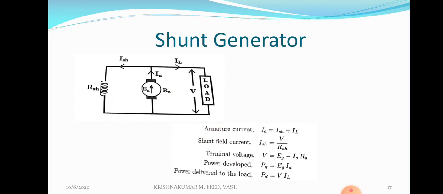Due to this flux, an EMF is induced in the armature. This induced EMF is very low because of the weak residual flux. This EMF again passes through the shunt field, field current increases, and residual magnetism strengthens. This increased flux cuts the armature and more EMF is induced in the armature. This process continues until the rated voltage is developed across the armature. That generated EMF in the armature is represented as Eg.